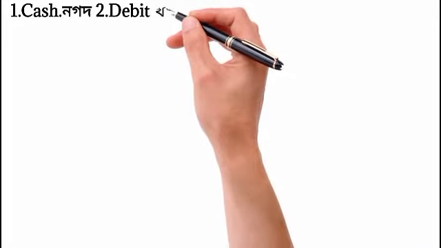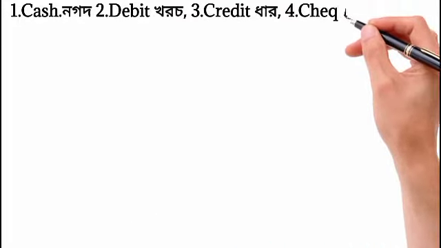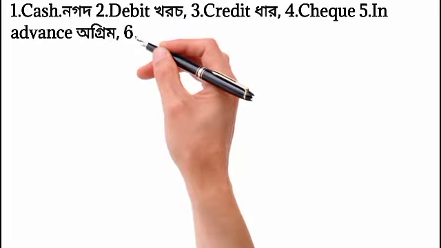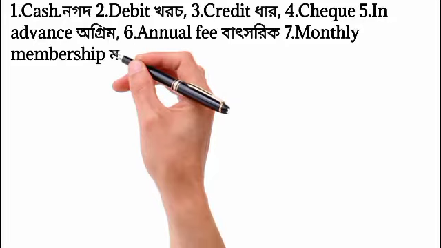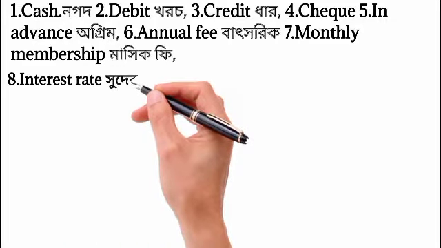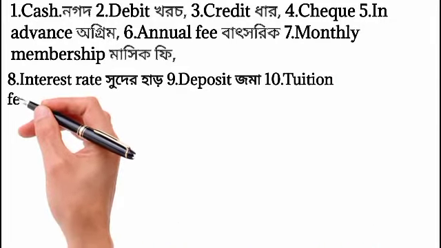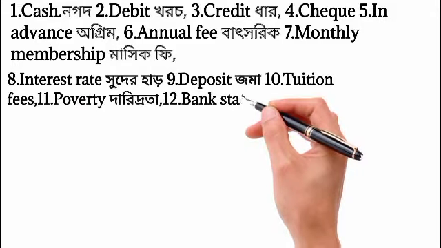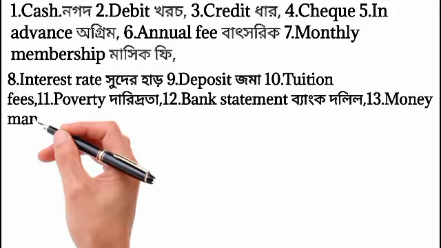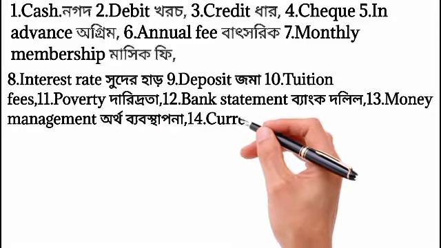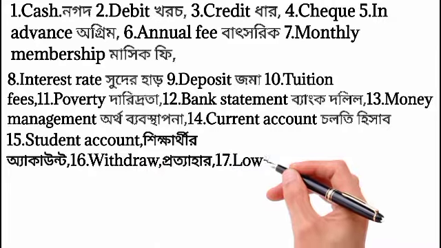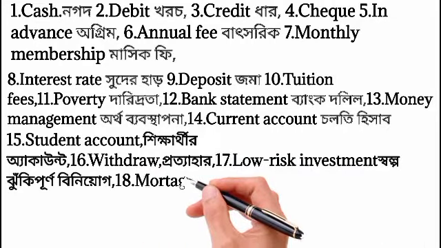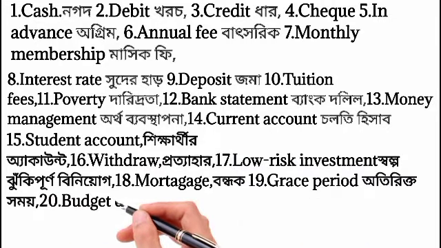We have to memorize all of these properly: cash, debit, credit, check, in advance, annual fee, monthly, membership, interest rates, deposit, tuitions, fees, poverty, bank statement, money management, current account, students account, withdraw, low risk investments, mortgages, grace